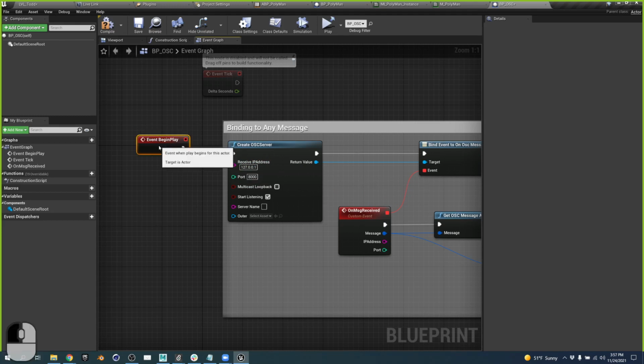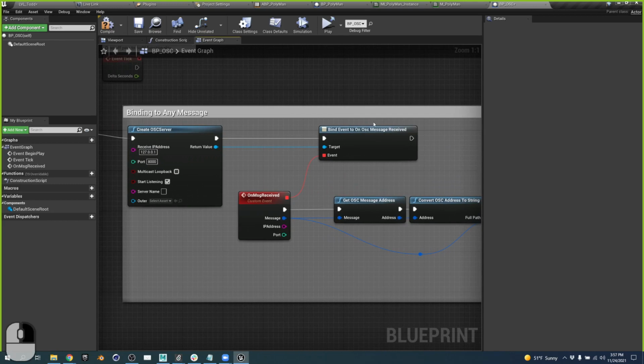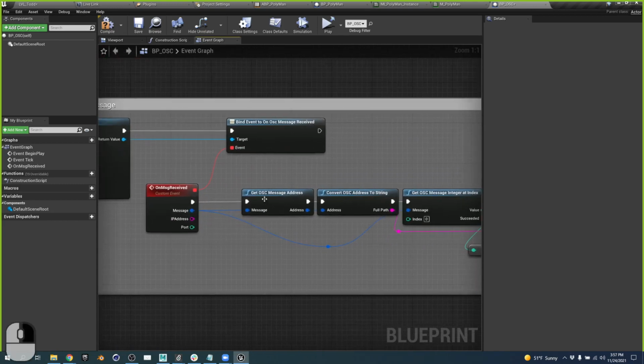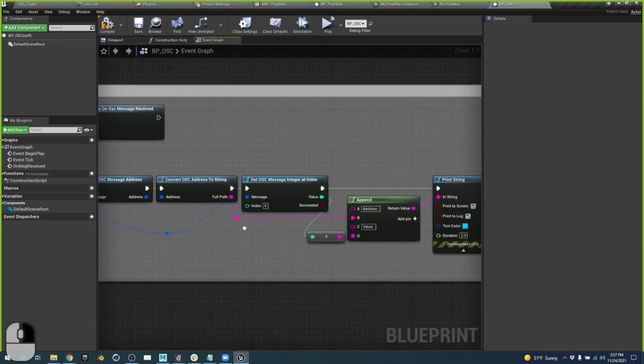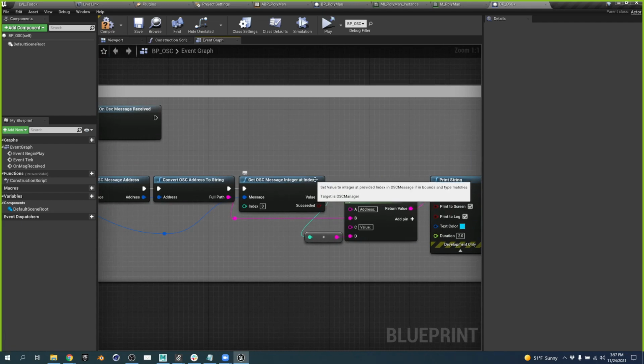There we go. So what happens is when we hit play, a server is established. It then binds this event that's receiving OSC data. It grabs the message addresses. It converts it to text so that we have it as a string, and then we can get integer data. We can also get